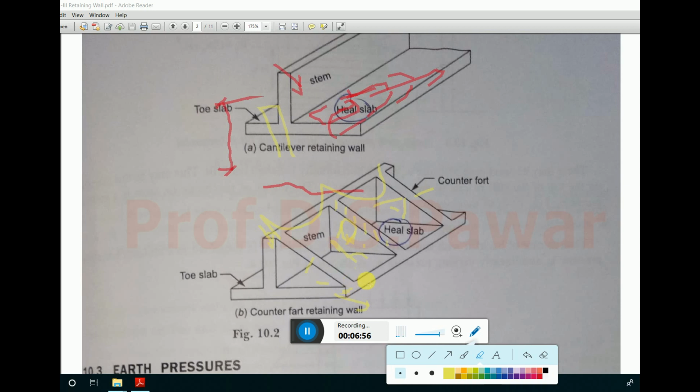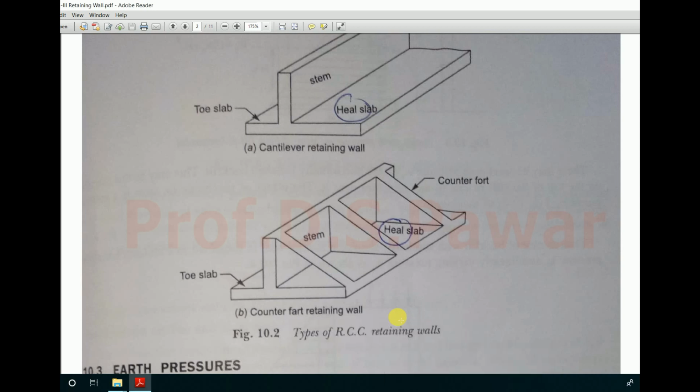The same thing happens with the heel slab also, because this is also going to act as a continuous slab, and here also the thickness and reinforcement are going to reduce. So here are two types, one is a cantilever retaining wall and the second is a counterfort retaining wall. Okay,